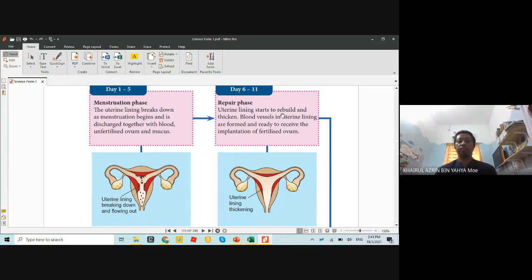The uterine lining starts to rebuild and thicken, menebal. Blood vessels, salur darah, in the uterine lining are formed and ready to receive the implantation of the fertilized ovum. Okay, you can see the diagram here. And then next,